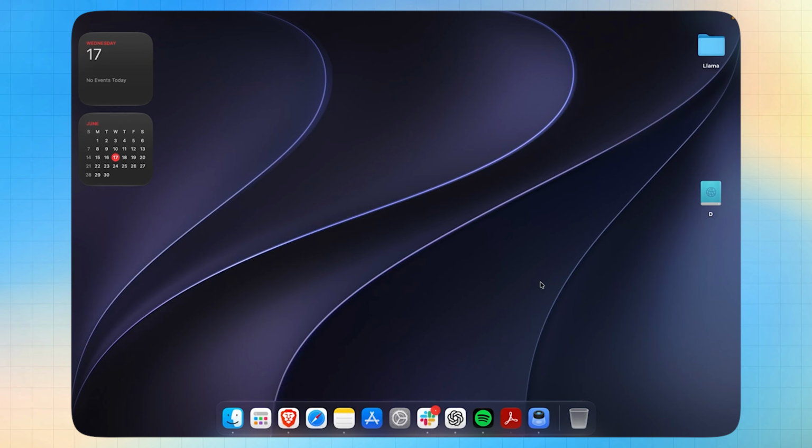You need not always have to delete everything. You can also move this to an external hard drive. Let's say some things, if you don't use them regularly, you can just move them to an external drive so that it's not taking space on your Mac